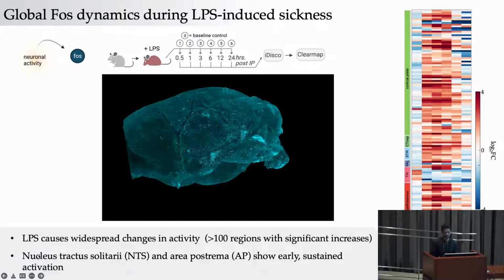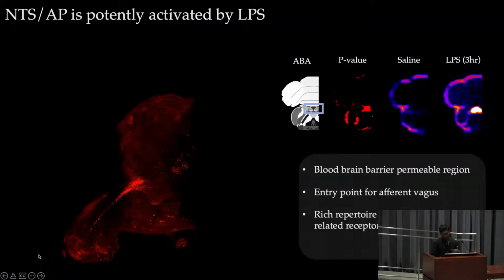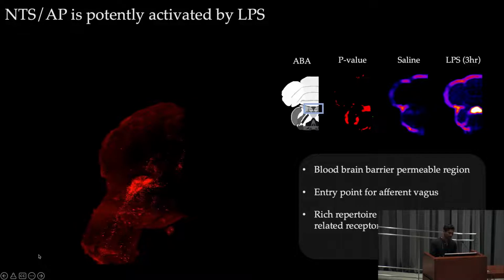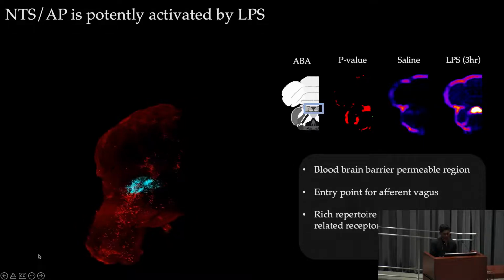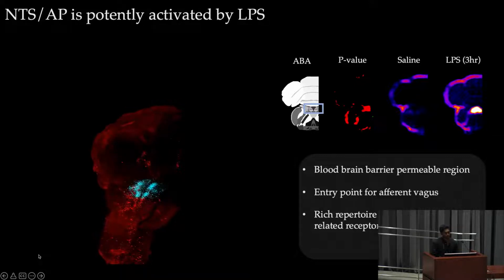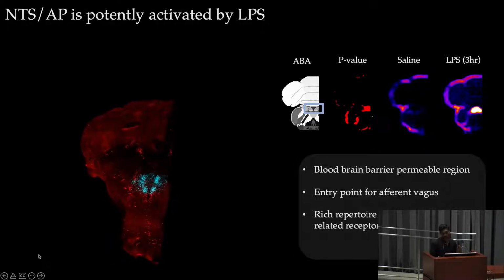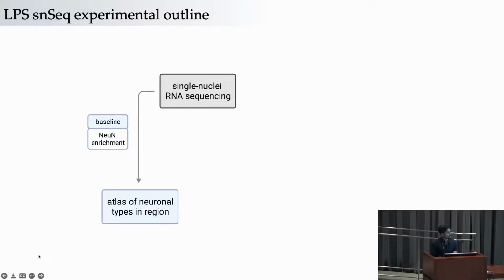activation throughout this response. And the reason why we were excited by this is that a rich set of literature has shown that this area can interface with circulating factors in the blood due to a permeable blood-brain barrier, and that it's the entry point for the afferent vagus into the brain. So now with this information in hand, we did do some functional tests to show that this region can most likely be involved. But I'm going to move ahead to talking about the molecular characterization that we did